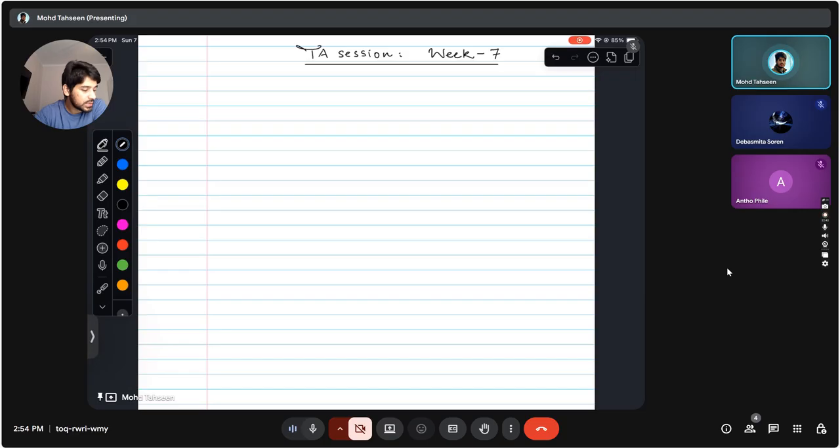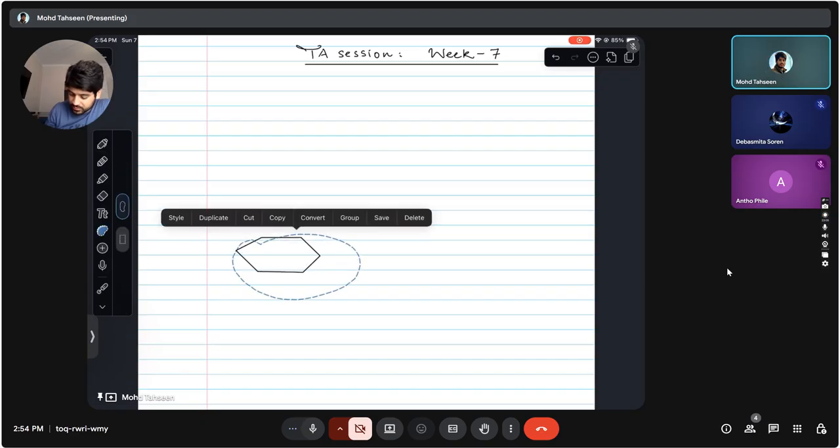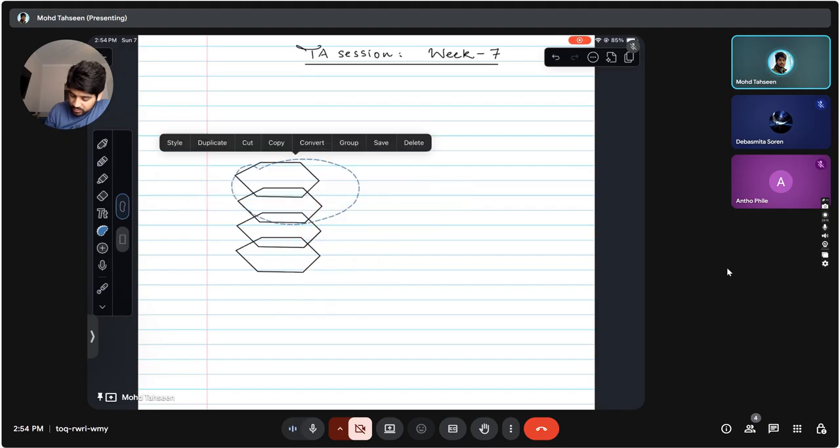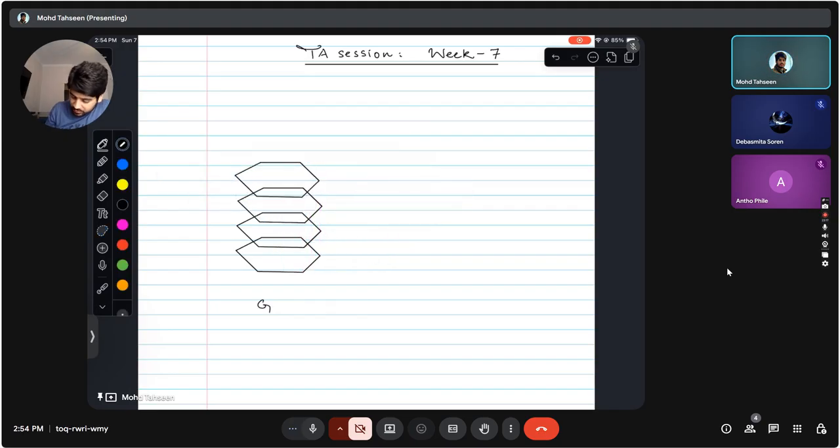Okay, so the example that was discussed by Professor Haridas in the lectures was that of graphite, right? So if we look at graphite, we know the structure of graphite is something like this, right? So this is a hexagonal carbon structure, and when you stack several layers on top of each other, that is the structure of graphite,